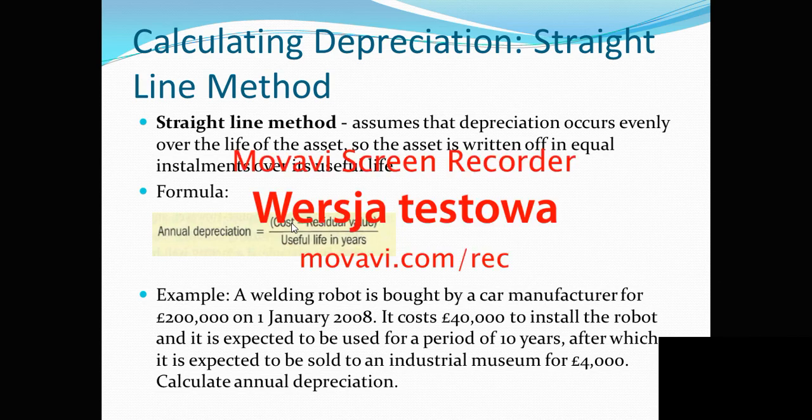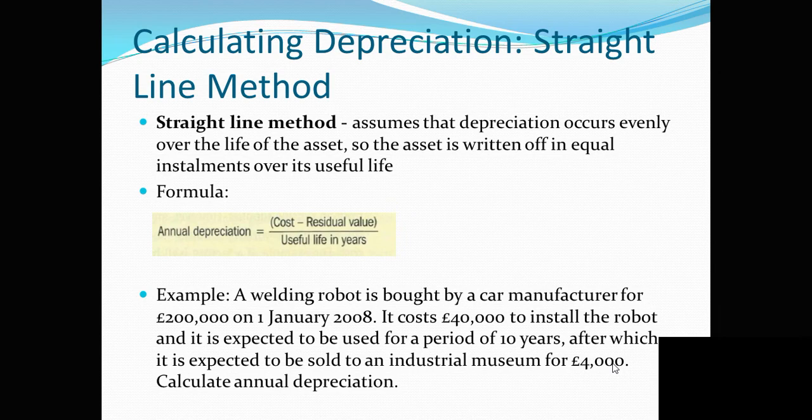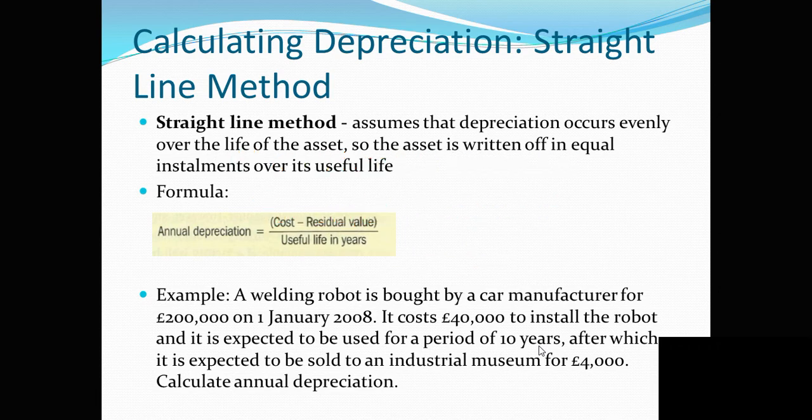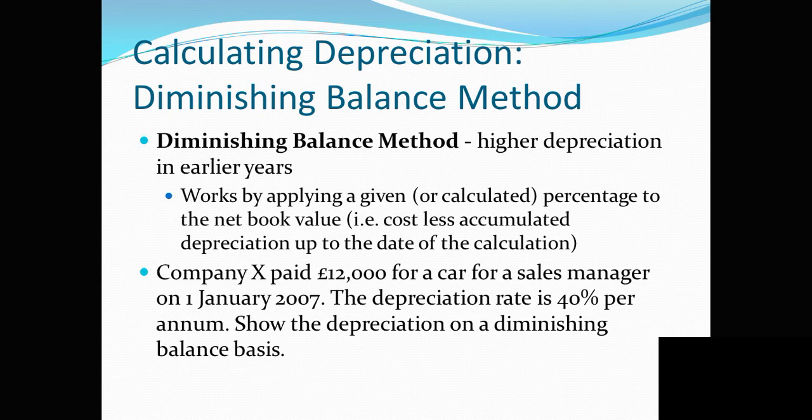you'll have 240,000 pounds minus the residual value, which is 4,000 pounds, which is an expectation, an estimate. You cannot be sure about that. So 240,000 minus 4,000 divided by a useful life of 10 years. So that number, after you make the calculation, will be your annual depreciation expense. And the next,